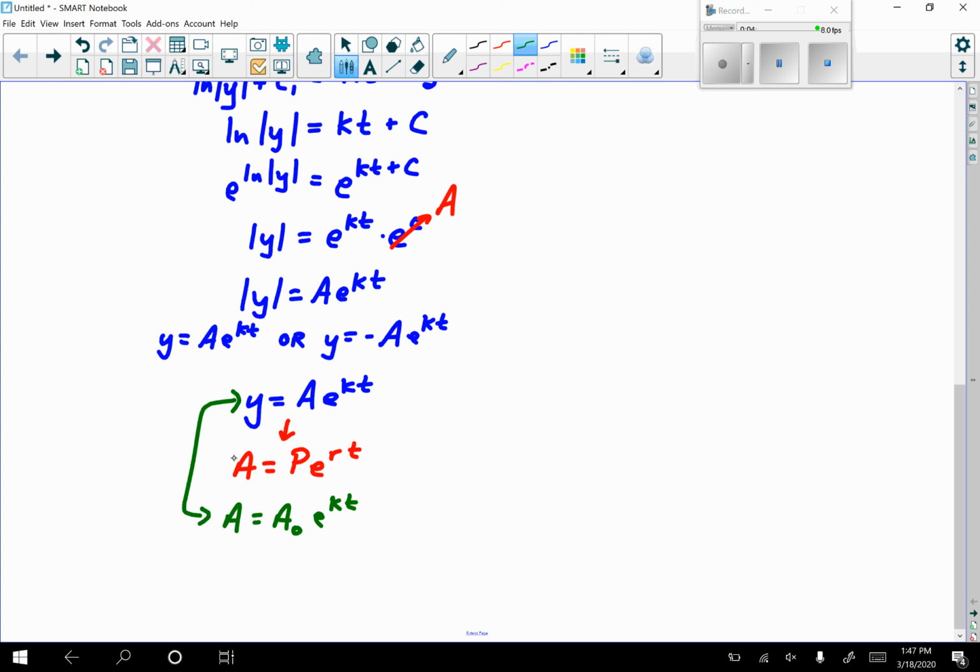So it all depends on what variables you want to use. We're pretty much going to be looking at this. It could either even be y equals y sub 0, some initial amount, e to the kt. So these are all just variations of the same formula. So now that we have this, we don't have to go through all these steps again. We're going to start writing out the differential equation, and then we could just show that it turns into this when we solve that